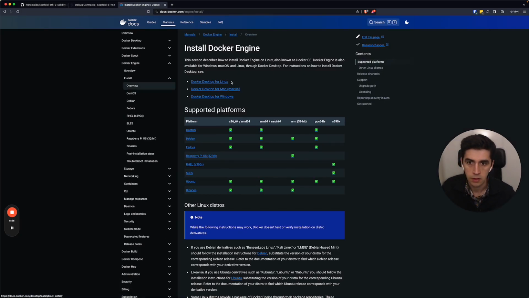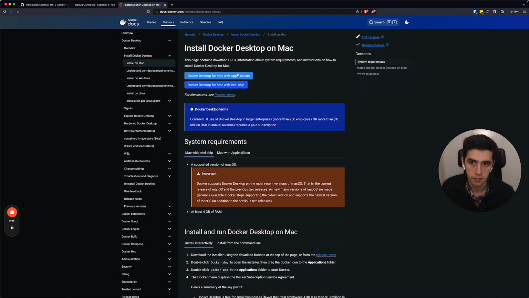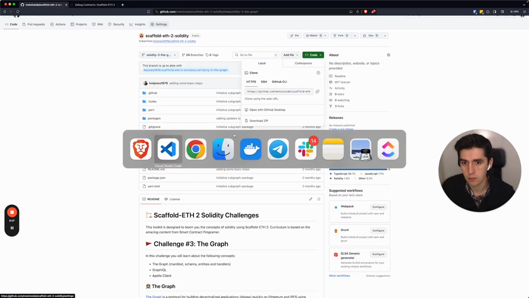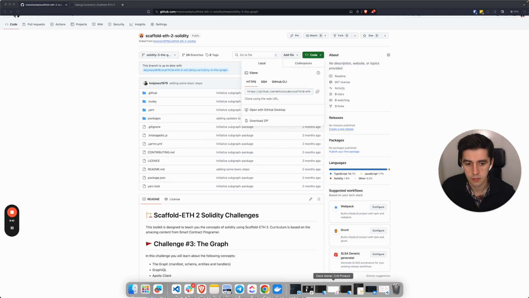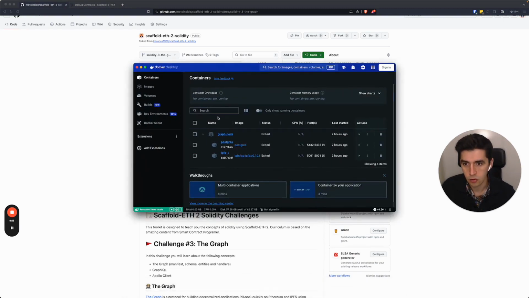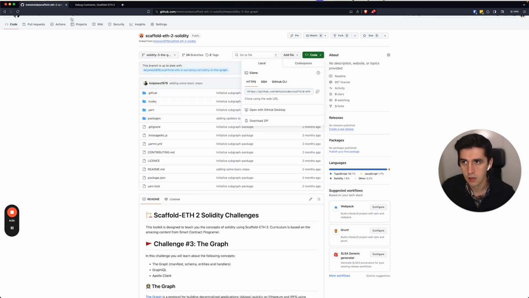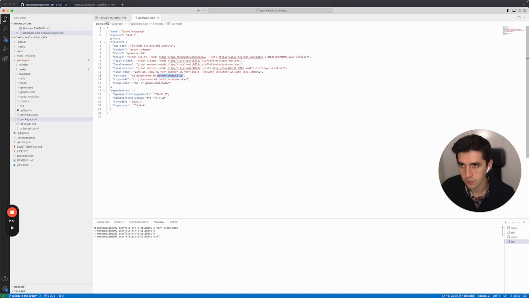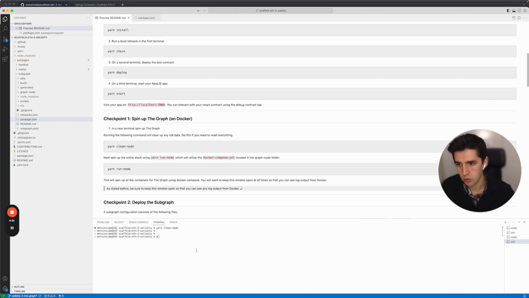so locally you need either of these files to be downloaded. I selected Apple Silicon, but it comes with the file and then you download and you run, give some permissions, and eventually you will have something similar to this as a visual guideline. But of course it's run over the terminal, so you don't need to have a specific screen displayed, but you can handle all the functionalities in a terminal. But eventually you will have Docker installed on your machine. So let's go back into the preview, and after clean node, yarn